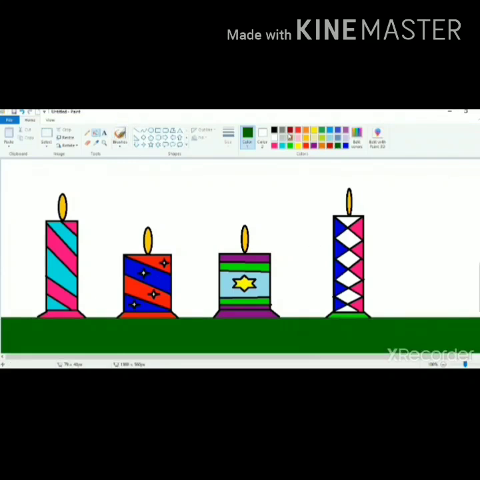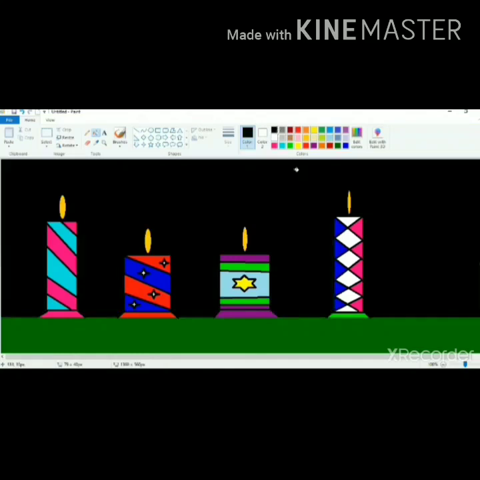Make the grass, I am doing green color, and as we light the candles in the night only, I am going to make a night scene, and I have again taken that diamond shape tool to make the stars in the sky like this.